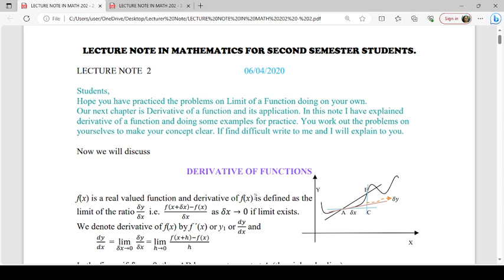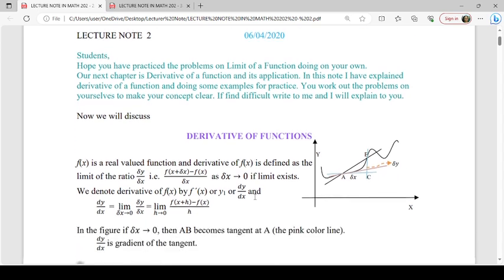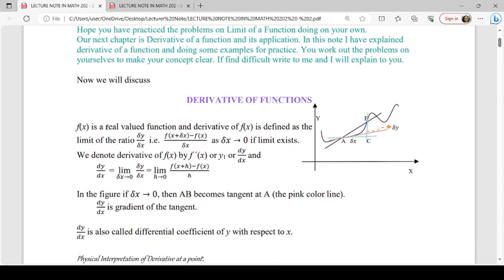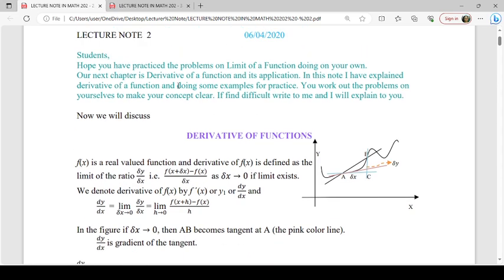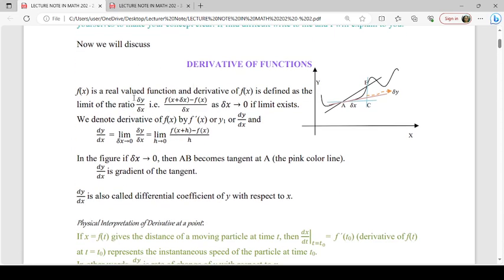This is the derivative of a function. Derivative of a function, it is defined like this: f(x) is a real valued function, and the derivative of f(x) is defined as a limit of delta y by delta x, and delta y means